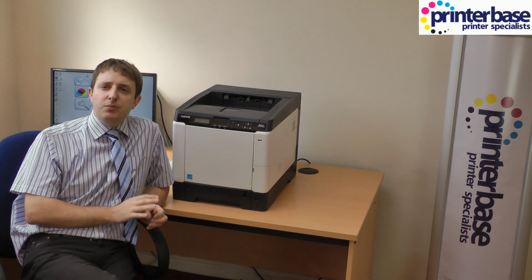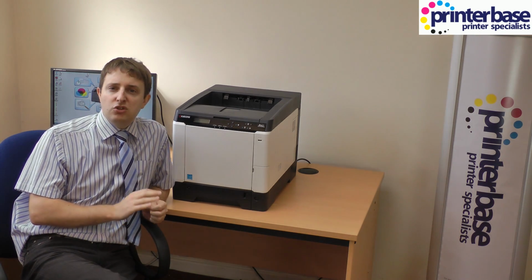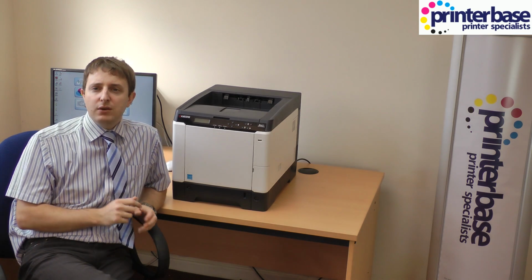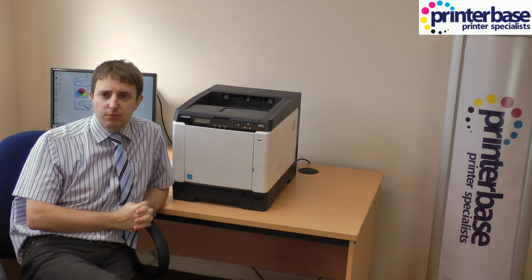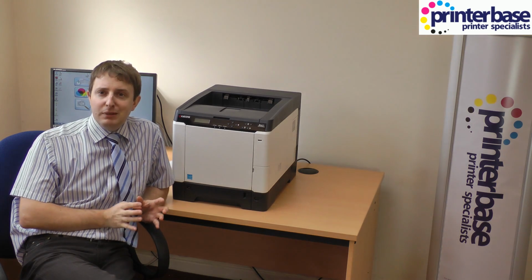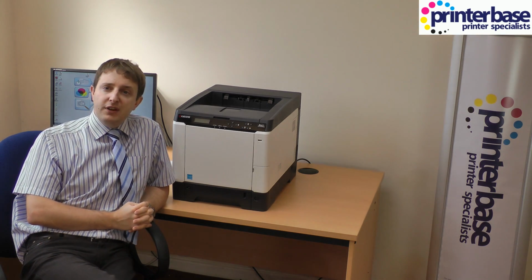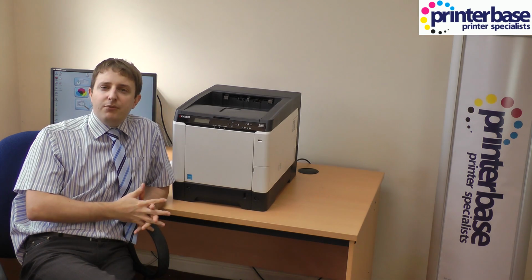Now, once those have been used up, you'll notice that the FS-C5150DN toners are cheaper to buy, but the black toner does around 3,500 pages and the colours do 2,800 pages, whereas the FS-C5250DN toner does 7,000 pages in black and in colour 5,000 pages. In fact, the FS-C5150DN is around 30% more expensive to run in colour, but they do have practically the same